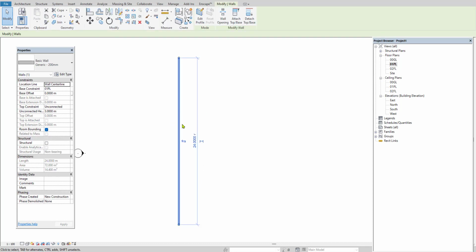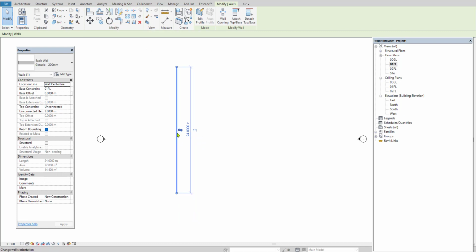When you select any part of the object or any command, then you will get the modify options. Here we have a modify wall. Just select on that and then you will get the modify tools. Here we have a move, copy, rotate, fillet, mirror, offset, etc. as like AutoCAD tools.